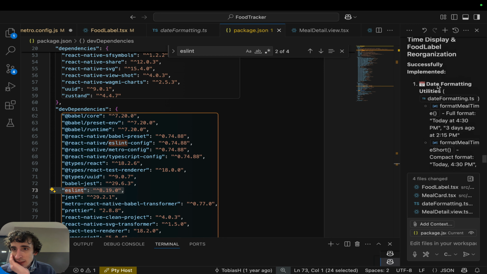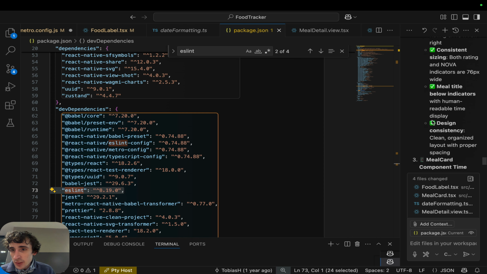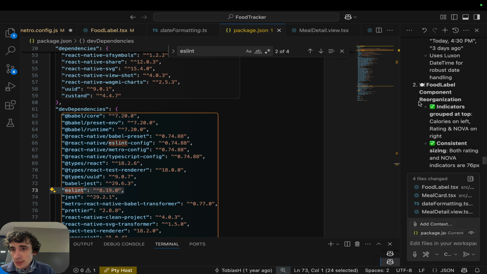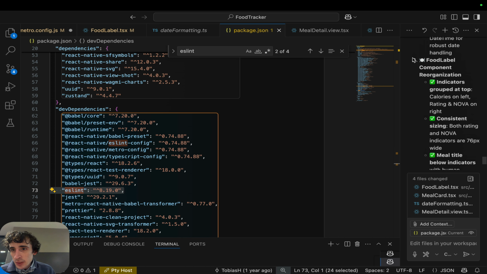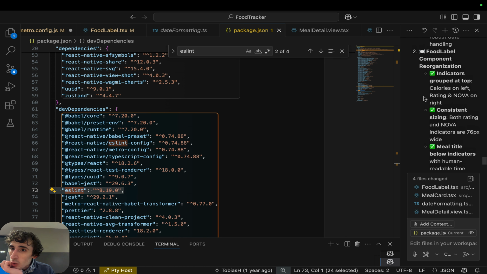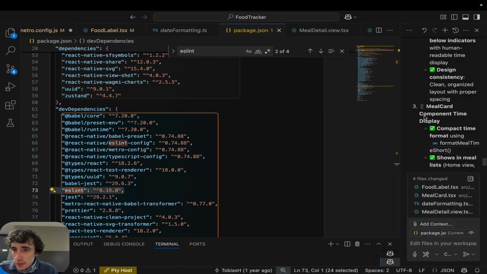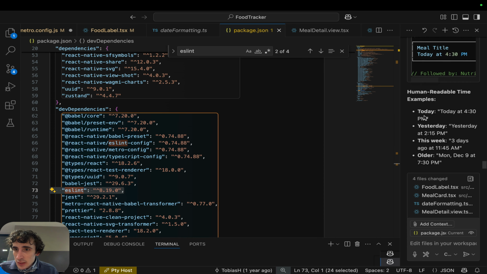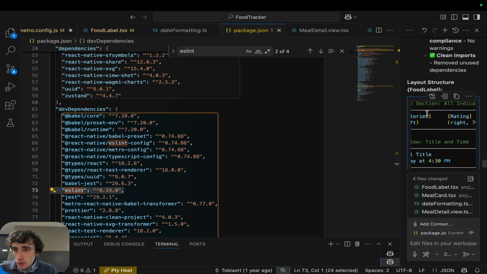So it checked everything and successfully implemented. It would list everything, number to list. So we have the date formatting, we have the food label recognition, the food label reorganization, and then we have the meal card, and it displays even a structure here, the layout structure. So indeed, we want